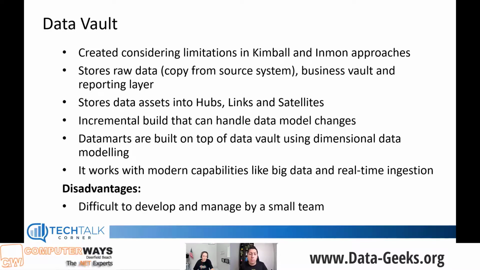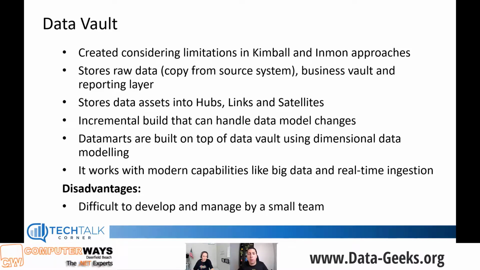Also, it takes more time to build a data vault model than a Kimball dimensional data model. Now, if you think future-proof as well, maybe data vault might be the way to go. But from what I've seen in the past few years, a few large organizations have implemented data vault, and those environments are supported by multiple people.